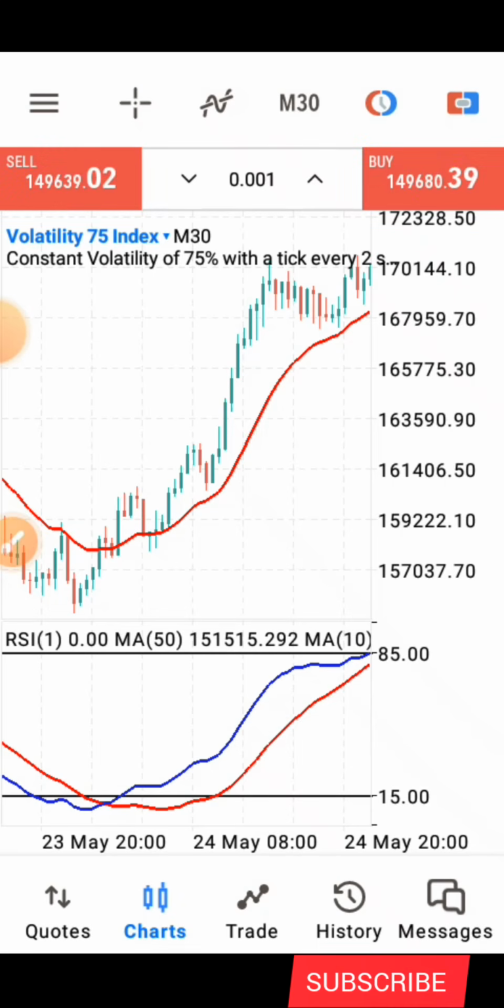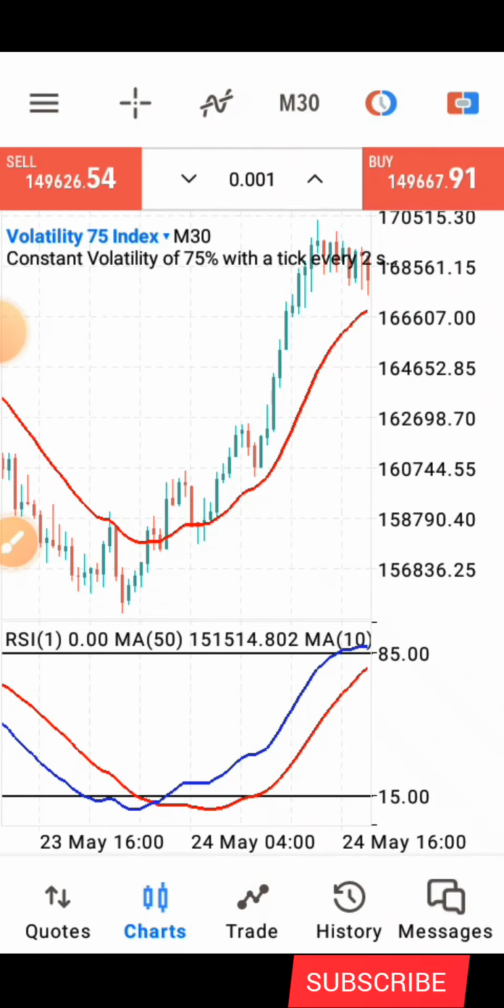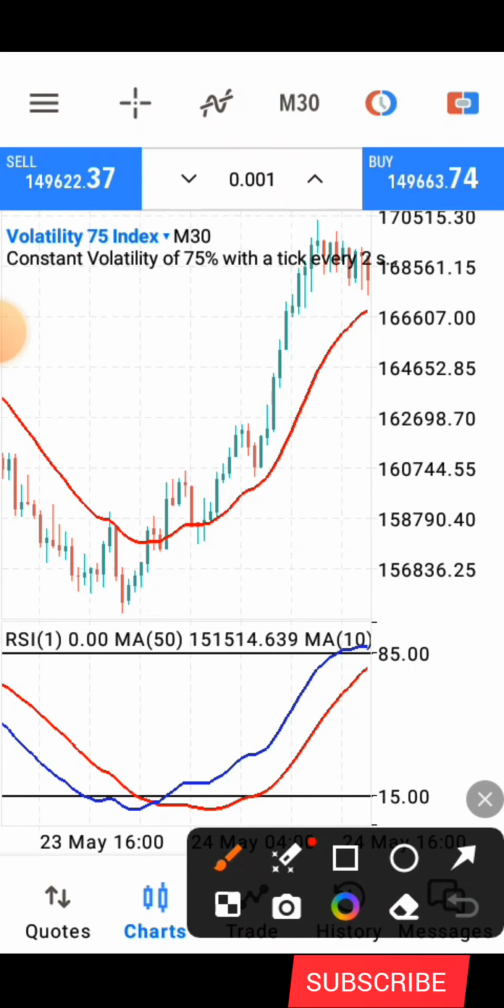Okay, now this is a very simple strategy to understand. Okay, the first condition is that you are going to first of all allow this red and blue indicator to get to the 15 level. Once you see that it's below the 15 level, okay, this is a buy condition I'm explaining now. Once you see that it's below the 15 level, all right, the next thing is that you are going to wait for a crossing to occur. So once you see that the blue is crossing above the red,